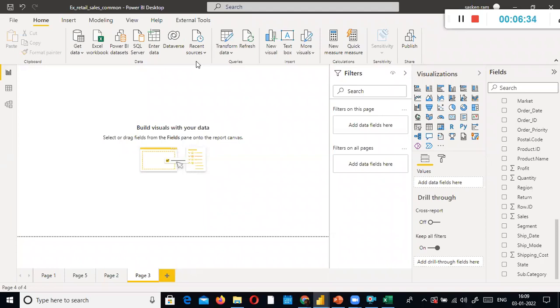Okay, so hope you are able to understand, right? So that is the reason why we use query parameters. The whole idea is to prevent the end users from modifying these parameters also, right? This has to be controlled only by the Power BI modelers. If we allow everyone to change the parameters, what will happen?